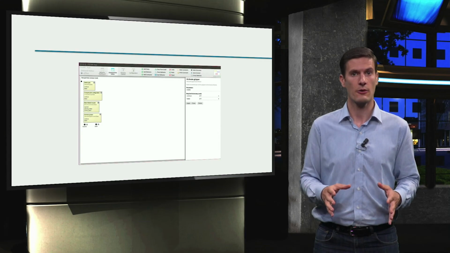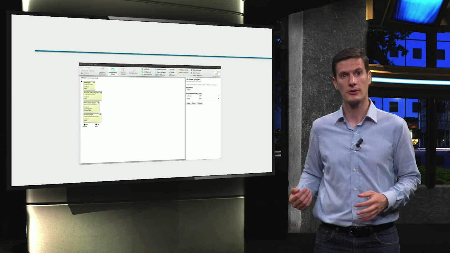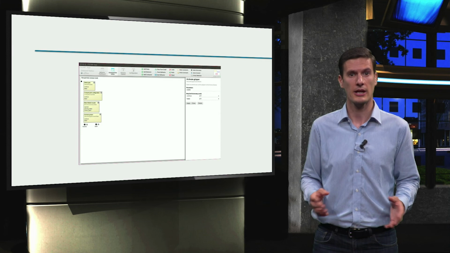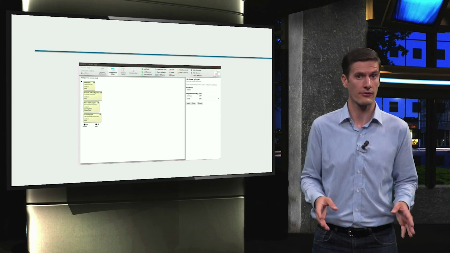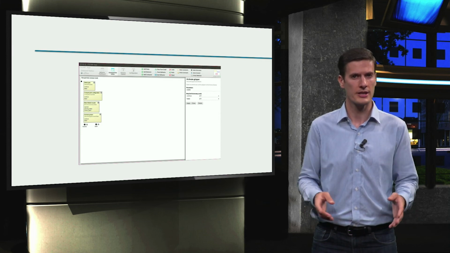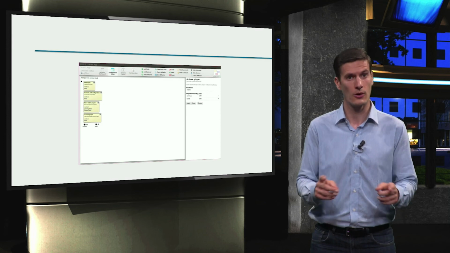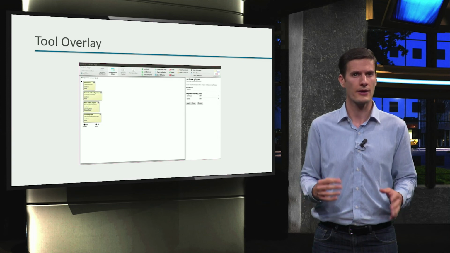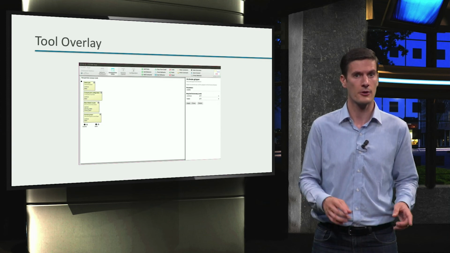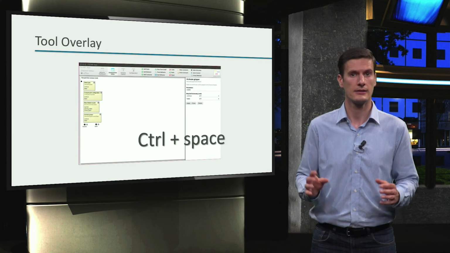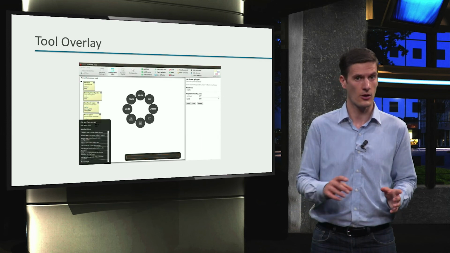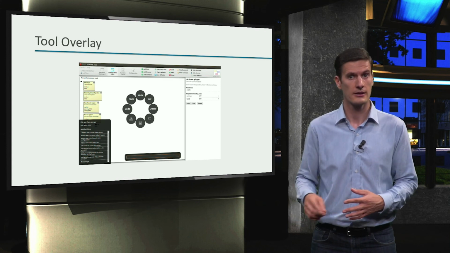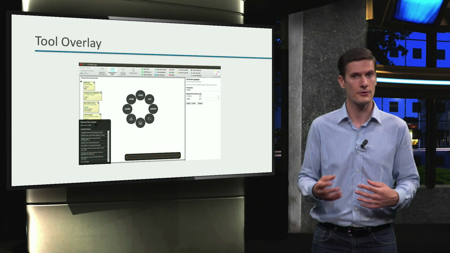The final state in our state machine is to move the robot back to the home configuration. We could add another MoveIt state for this, but we can also duplicate the state that we already have and give it another name. For this, we are going to use the FlexV tool overlay. The tool overlay is a very handy tool that you can activate by pressing Ctrl space. It gives you the following options. Clockwise, copy, cut, and paste, show the FlexV terminal, save, show the data flow, undo, and redo.